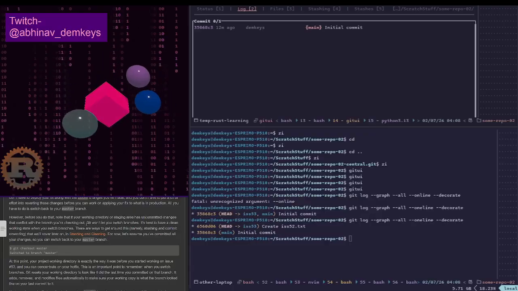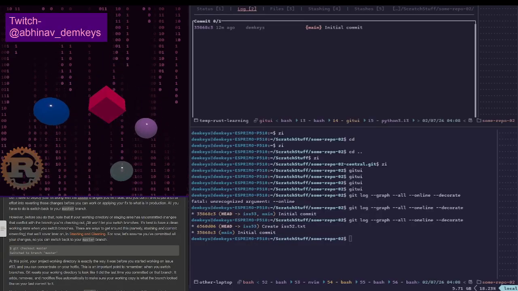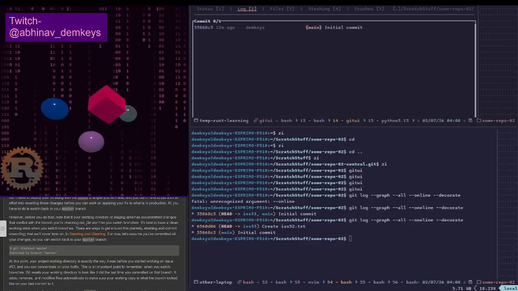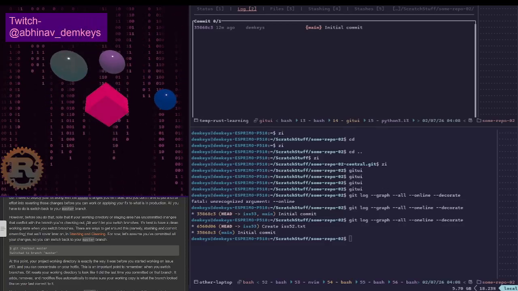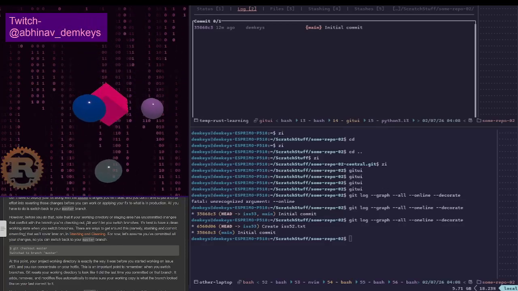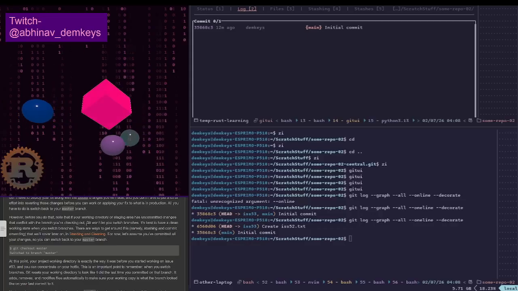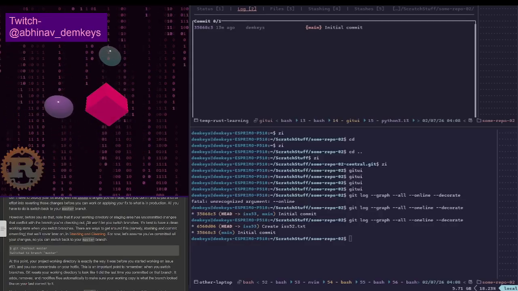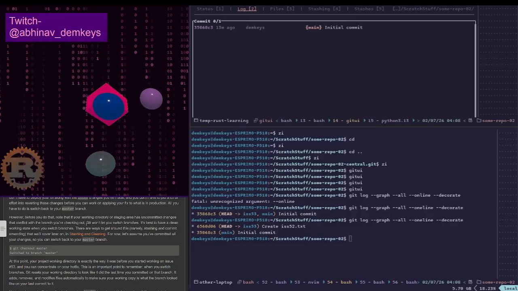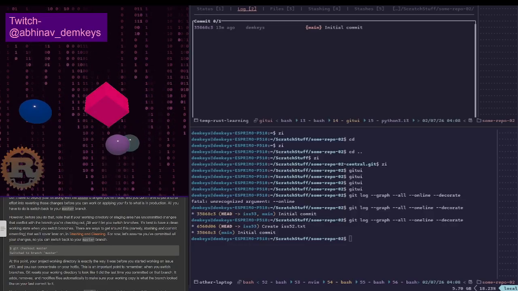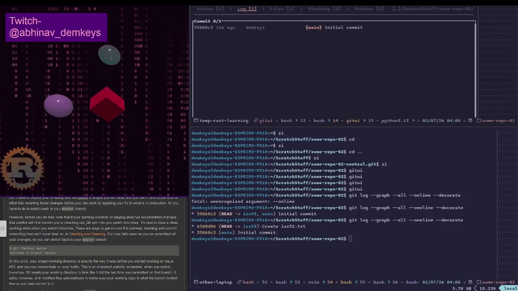There are ways to get around this, namely stashing and commit amending, that we'll cover later on. Stashing, I've actually looked into it a tiny bit, and it was an interesting concept. It was this thing where you could put certain changes that you have done, you can just set them aside, and then you'll be able to make whatever commits you want, and then you can bring them back.